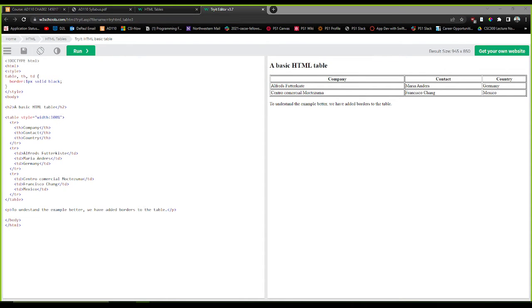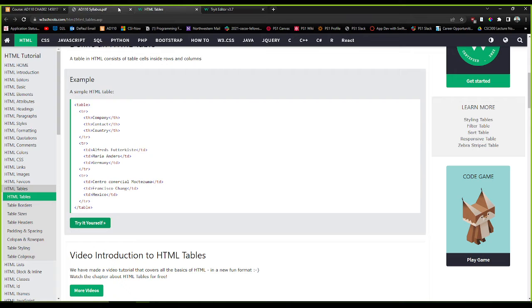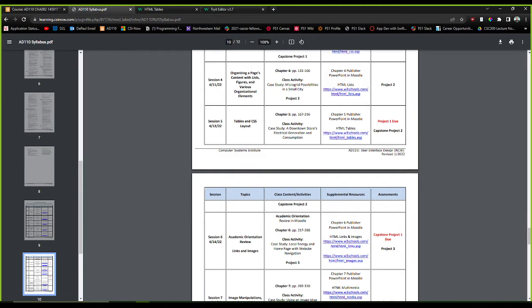We have some basic code starting up, but I want to make it from scratch so we see everything that happens. So that first link in chat is general information about a table. The second link is information about a try it yourself table. So you can go ahead and have those open, but I'm going to make a new